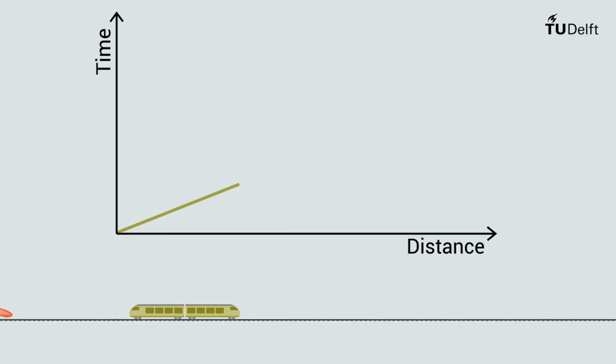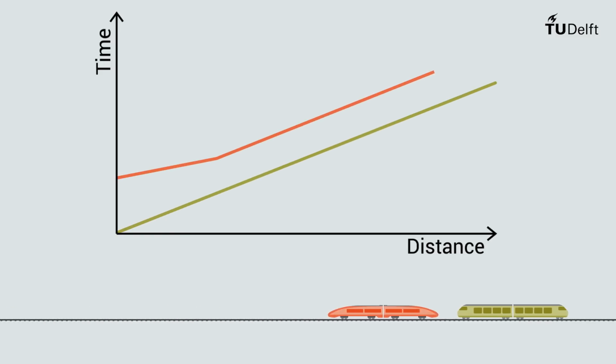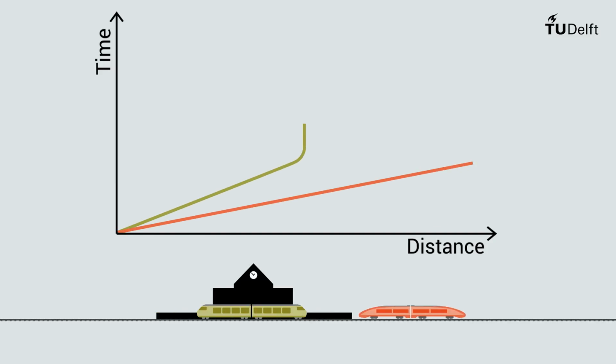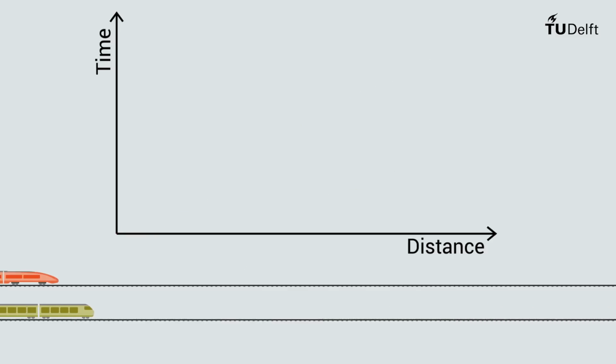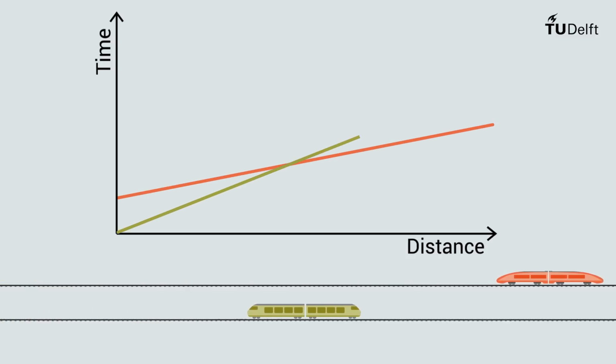On a single track, however, the speed of the faster moving train is restricted by a slower moving vehicle in front of it. The faster train will have to reduce speed and keep a safe distance. However, this can be avoided by constructing an overtake or passing station on a single track. Another alternative is 2 separate tracks for faster and slower trains. This is more efficient, but can be very expensive and difficult to construct in densely populated areas.